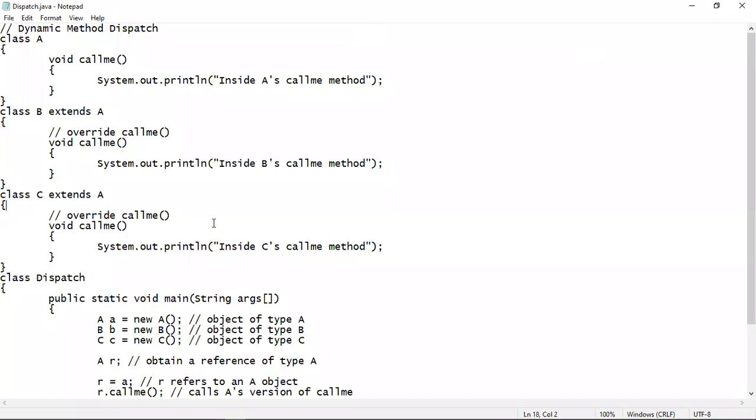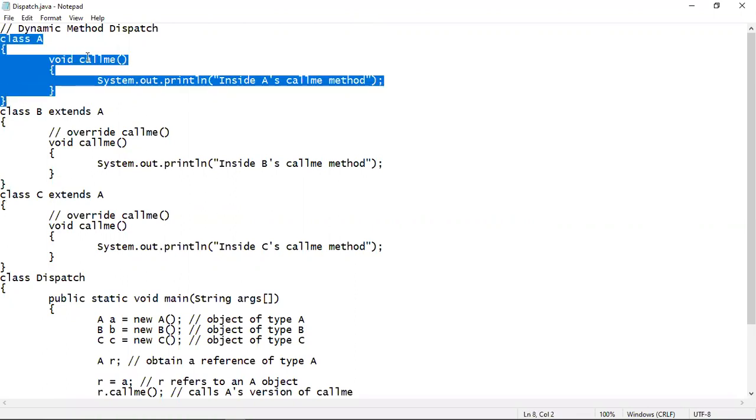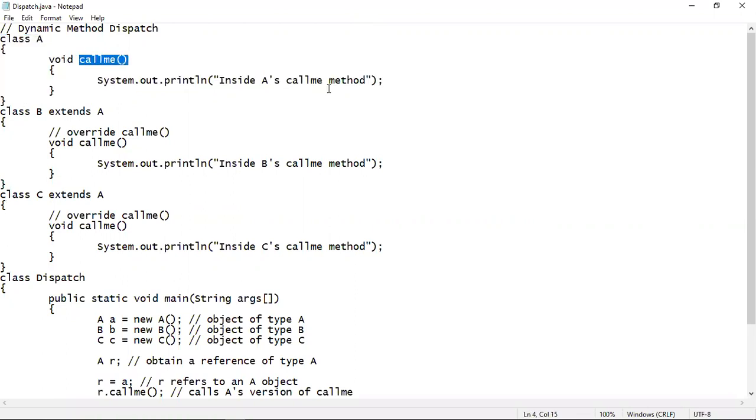So this is the program that demonstrates the use of dynamic method dispatch. Here you can see this is the superclass A, where a method callme is there which will just print a statement. B and C are both subclasses of the superclass A, and both override the callme method of the superclass A. So this is hierarchical inheritance, because one superclass is there and more than one subclass.